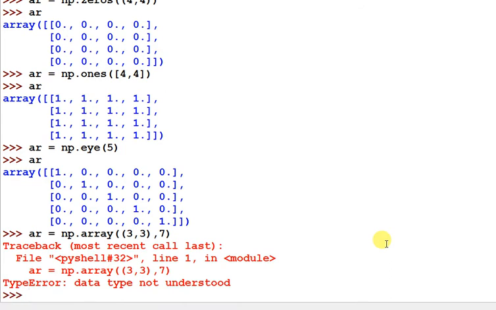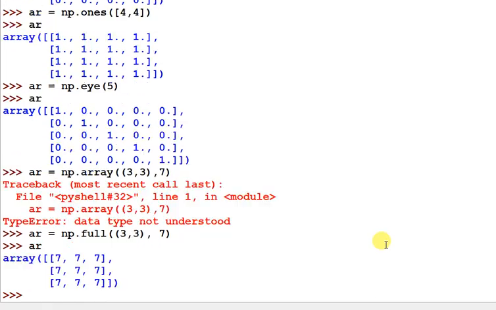Sorry, I am using array by mistake, I have to use np dot full, so I used the array function by mistake. We have to use the full function. Okay, so I am placing 7, then you can check.